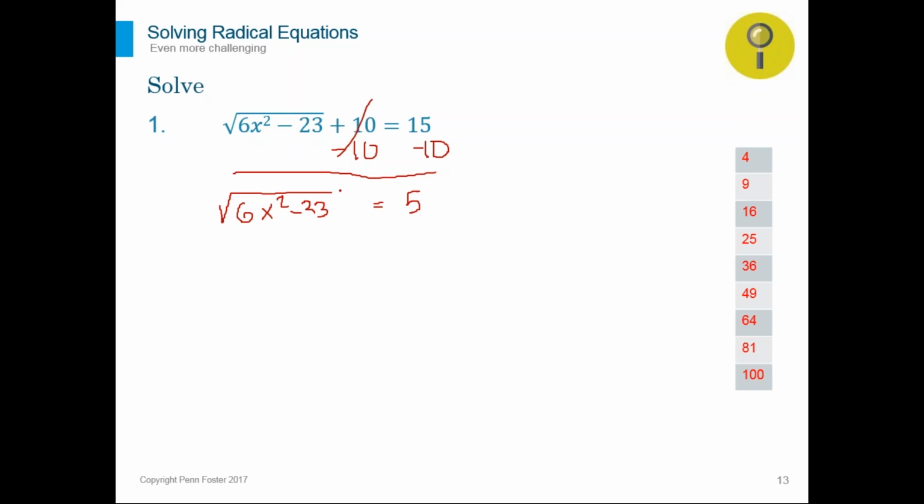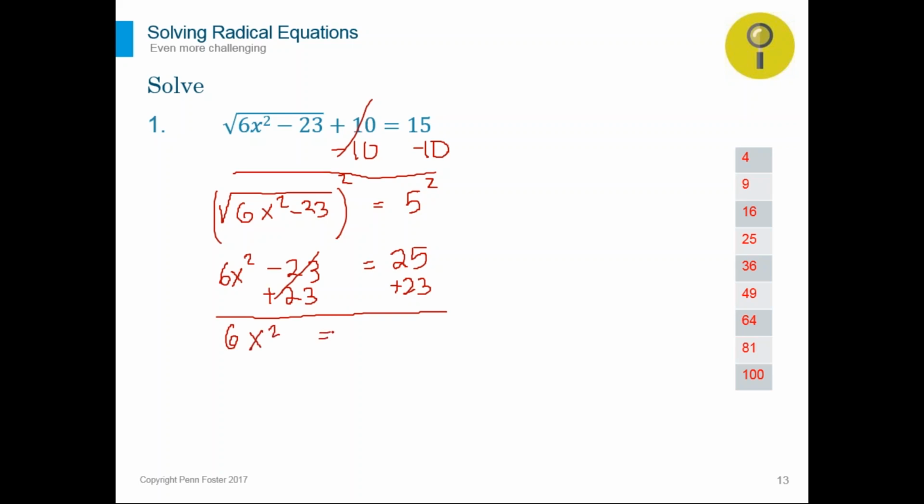I'm ready now to square. Square, and don't forget to square the 5 as well. 6x squared minus 23 equals 25, not 5. And then I need to bring the minus 23 over to the other side. So I'm trying to isolate my variable. So add 23 and add 23. Remember that we do not divide over 6 yet. We have to get rid of addition or subtraction first. So that's a 0. 6x squared equals